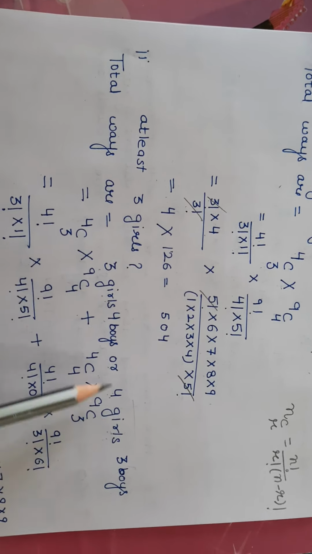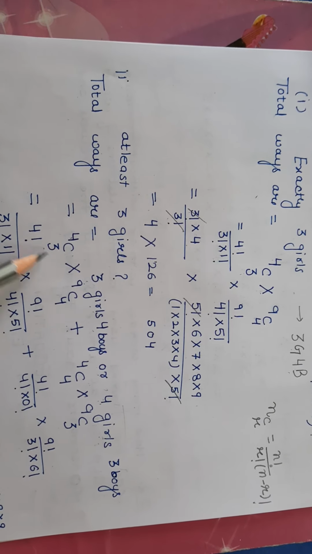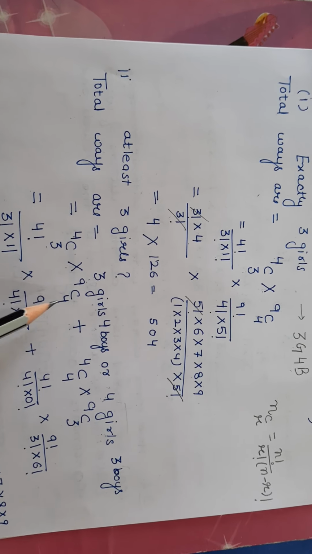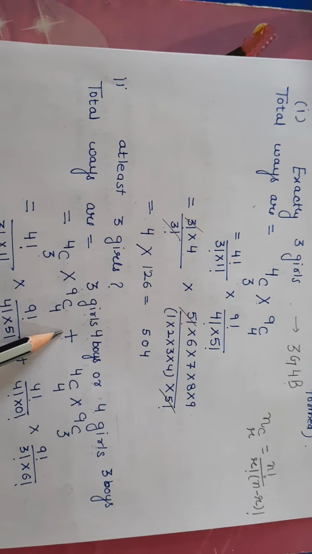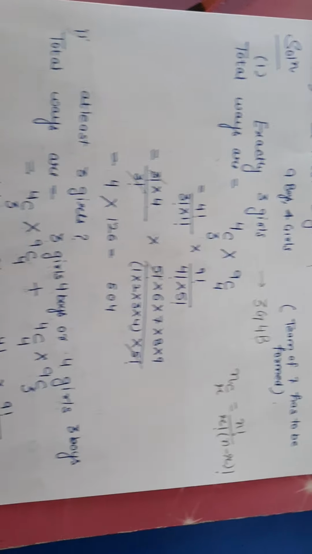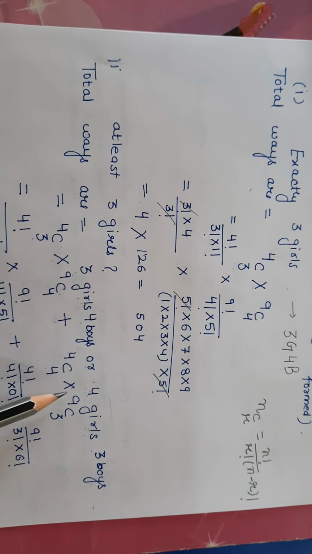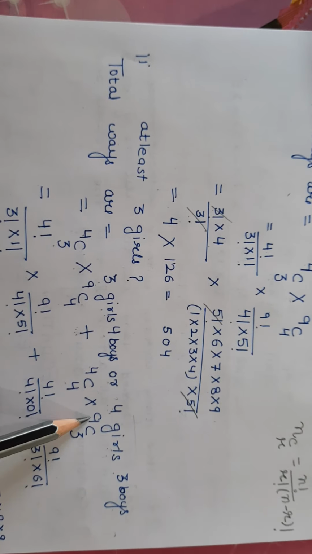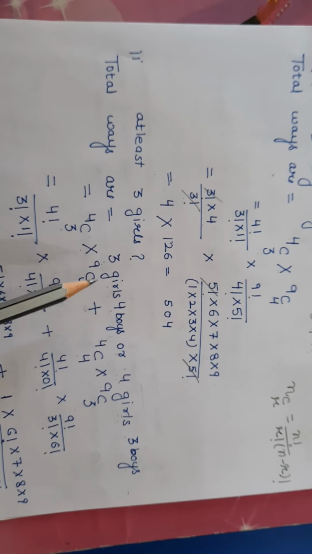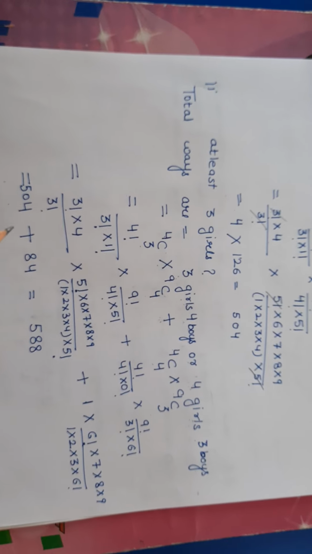Or means addition. Now out of 4 you have to select 3 girls, 4C3. And means multiplication, 4 boys, 9C4 plus, or means plus, addition. Here 4 girls. From 4 girls you have to select 4. So this is 4C4 and 3 boys, and means multiplication. From 9 boys you have to select 3, 9C3. This part you have already calculated here, so you can directly put its value 504.